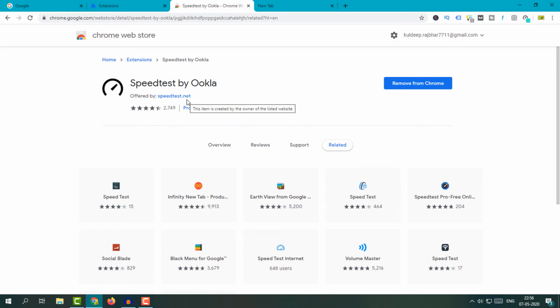One thing I want to share with you guys, if you are using Google Chrome browser, I personally suggest you don't use more extension into your Google Chrome because it will slow your browser. Here if you want to use some extension into your Google Chrome, then you can do very easily. But if you are using more and more extension into your Google Chrome, that will slow down your Google Chrome. So you may use only some extension for your work.